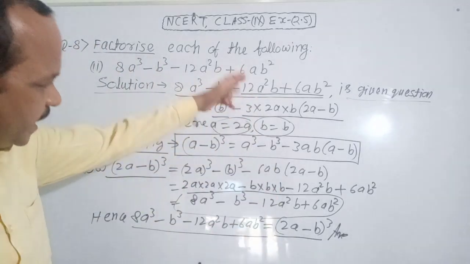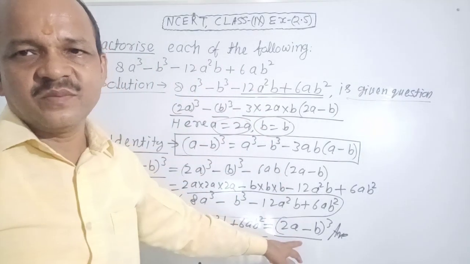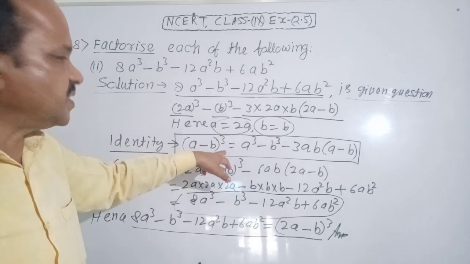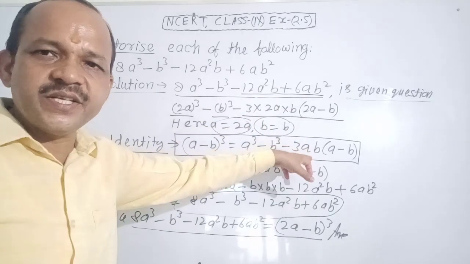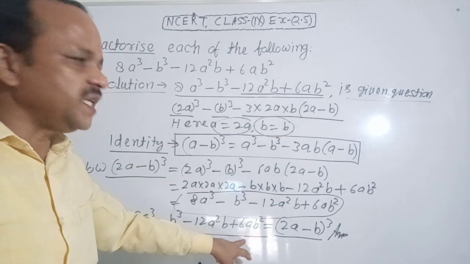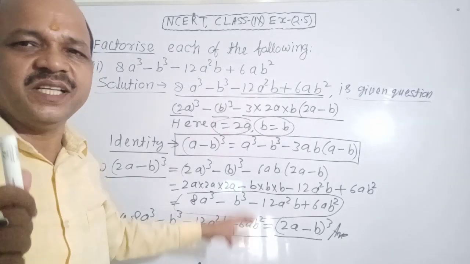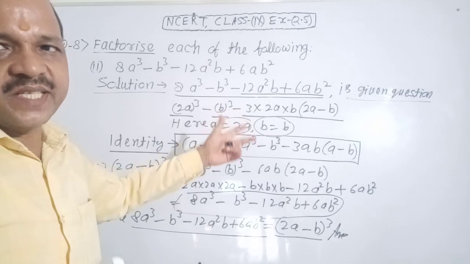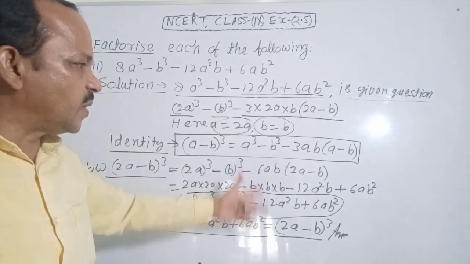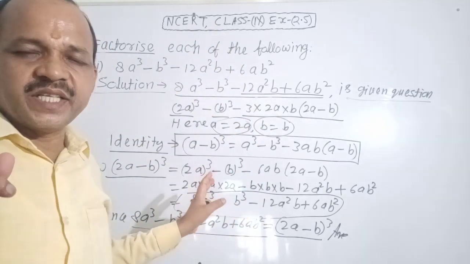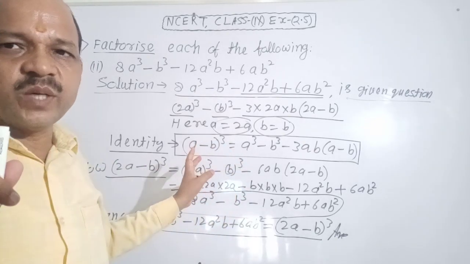You find your answer very easily with the help of this identity. The identity is clear, your solution is clear, no confusion about it. Very good. It is very easy. You can solve any question with the help of this solution. The solution is clear, no confusion about it.